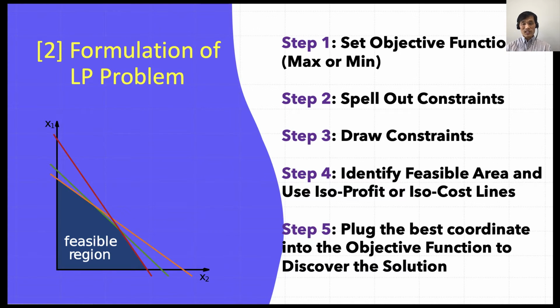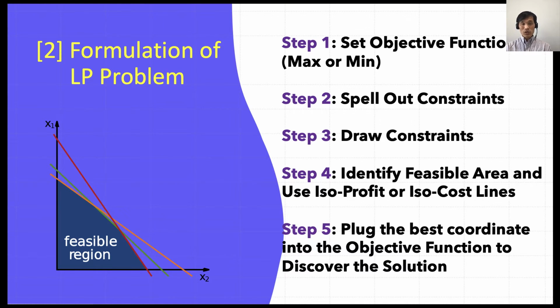Once you have done that, then you have to spell out constraints. The answer to a linear program problem is always how much of some things. What are those things? Choose variables to represent how much of each of those things are required. For example, you need to decide the variable for L, like number of leadership training programs offered. P stands for number of problem solving programs offered. Write these